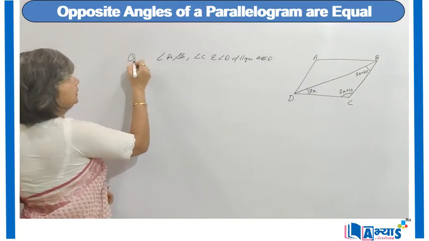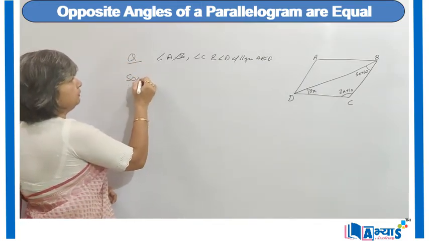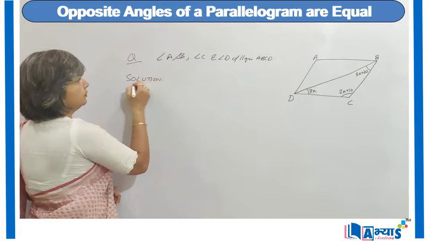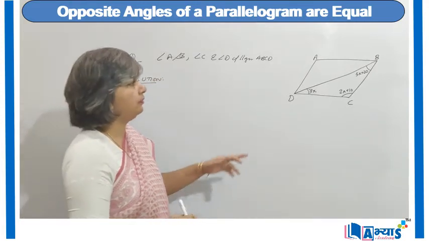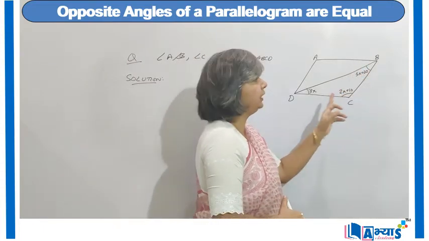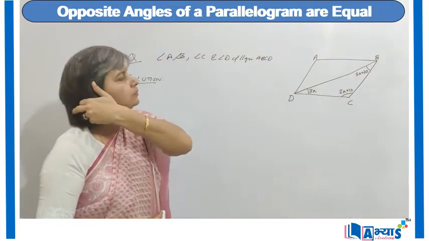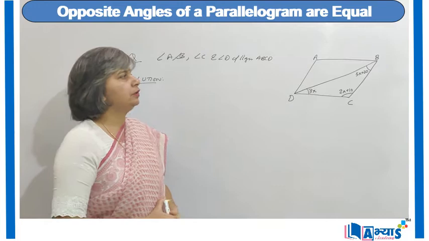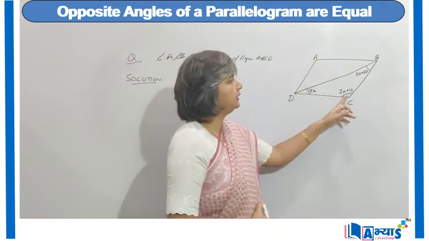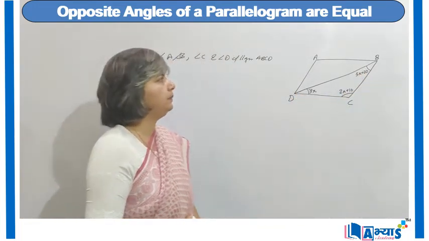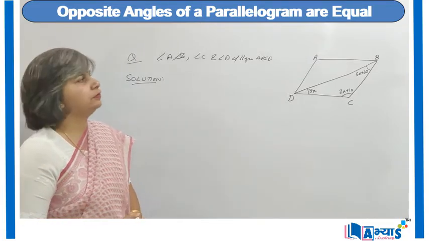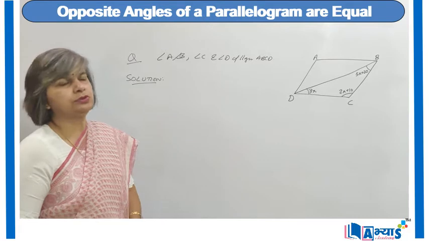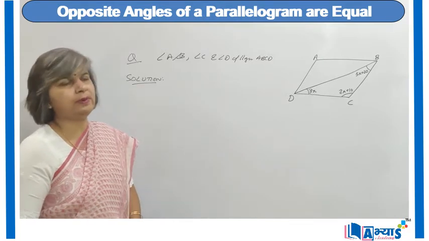This is the question, and so the solution will be, that means we have been given that ABCD is a parallelogram. Secondly, we have been given that BD has been joined, and we have been given the measures in terms of algebraic expressions for the angles D, angle C and angle B of triangle BCD, and we are supposed to find the measures of all the angles of parallelogram ABCD.